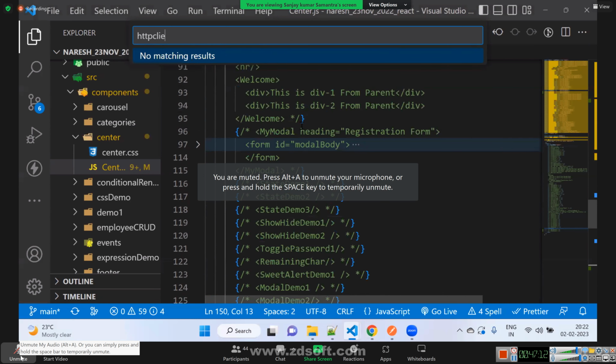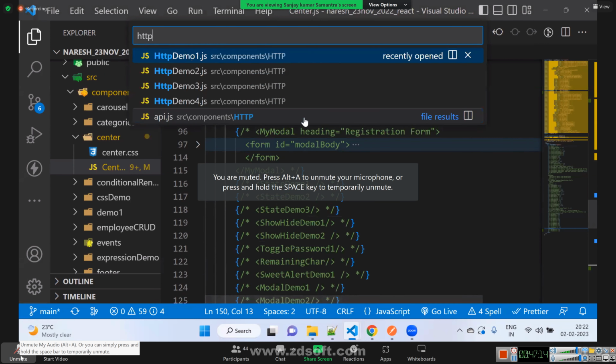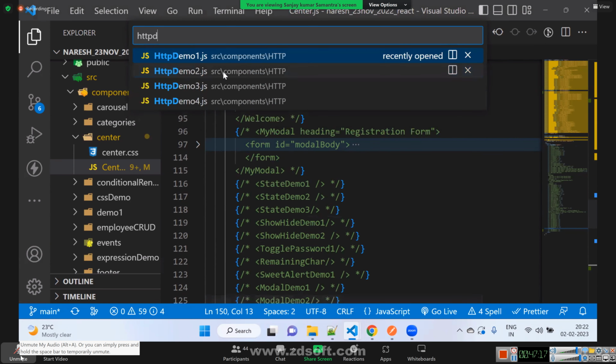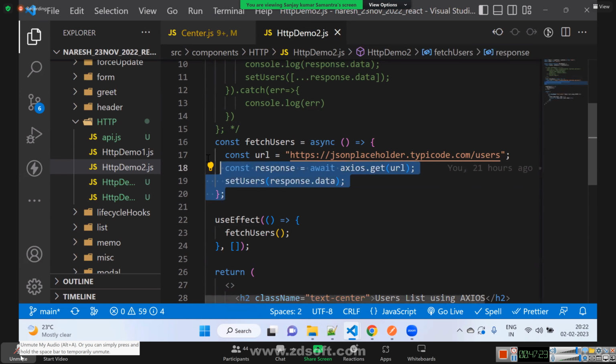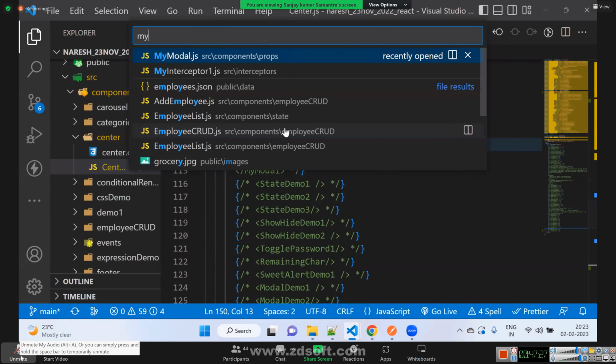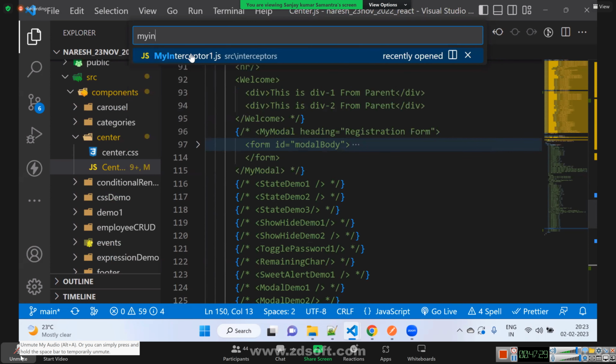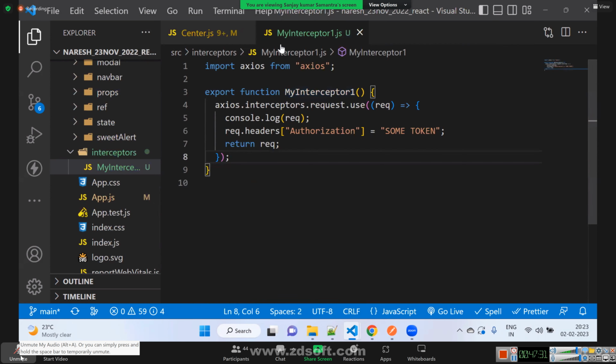In HTTP demo 2, we have directly used Axios. If we have directly used Axios, it will work. Now, if we are using Axios client, please understand, this is how the interceptor looks like.